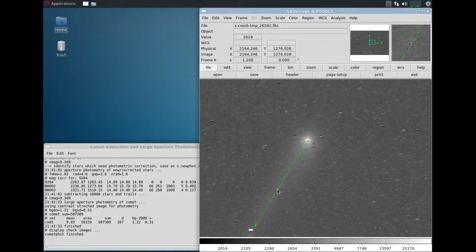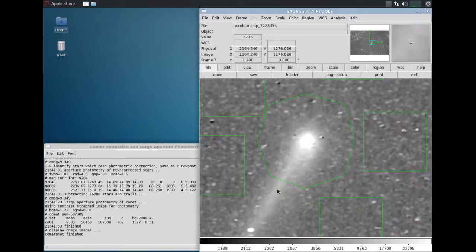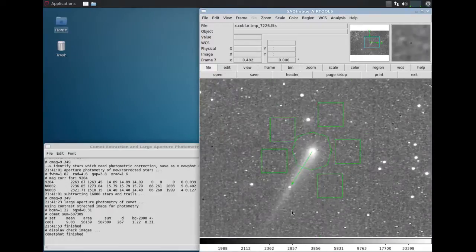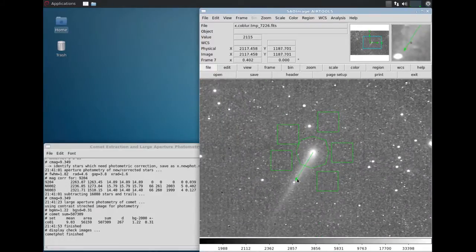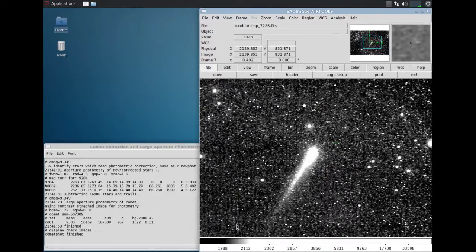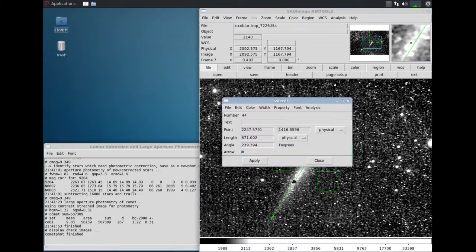We should probably copy over to this blurred image where we have a much better contrast, and we see that the tail is extending further away, maybe like that. Double click on the shape,